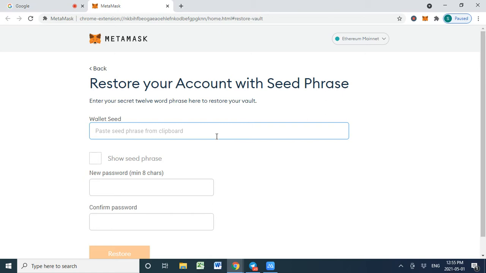Now this seed phrase is going to be the seed phrase that is associated with your initial account that you used to sign up to MetaMask. In my case, it is an account that I'm still using as a tester, or a toe tester account. I'm going to explain in more detail how I use that account in a later video,